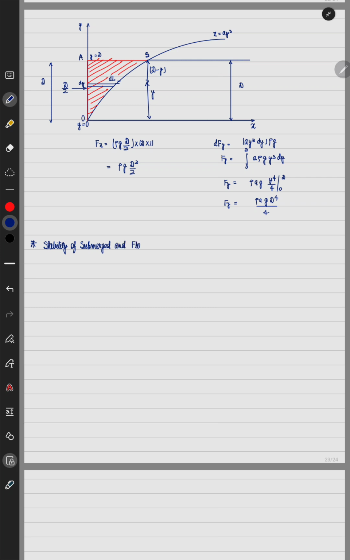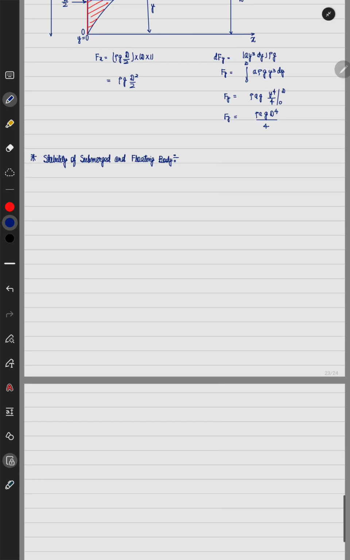Submerged and floating body. So suppose I have a certain volume, and suppose this is the axis. The buoyant force is acting over here and the force of gravity is acting over here. This is point G, weight is acting in this direction, and from point B, force FB is acting in the upward direction. Now if we want to tilt this,